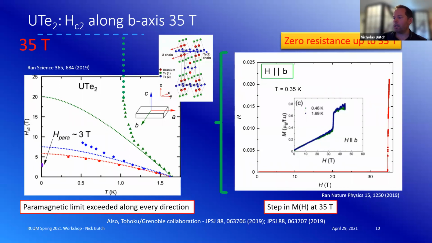That's the plot on the right showing you resistance data. In the inset, I'm showing that there's also a step in the magnetization at that field. So that's not even necessarily an orbital limit. That actually corresponds to a metamagnetic transition, so it's a change in the underlying normal state, or at least there's one that comes along for the ride. So it's more complicated than that.